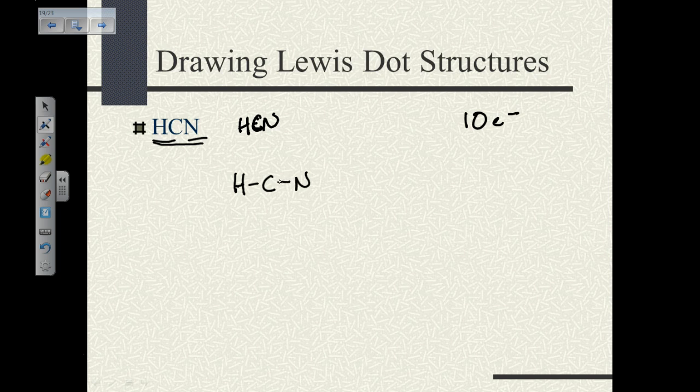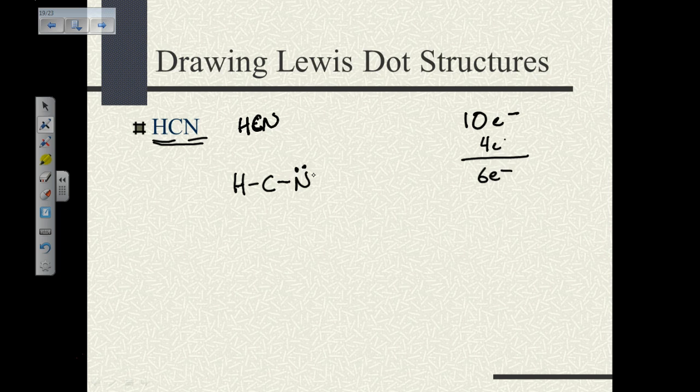So each of these have 2 electrons in them, so that's 2, 4, so we've used 4 electrons, and so we're down to 6 electrons. Now hydrogen is filled. Hydrogen is done because it can only have 2. Remember, its octet rule is that it just wants 2 electrons. And so now step 3 of that process is to